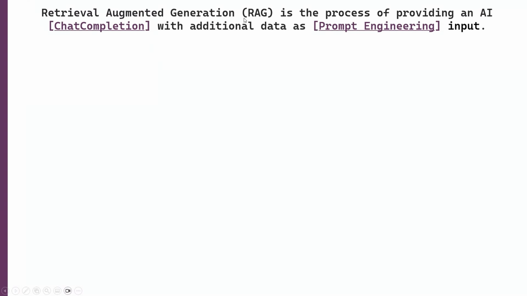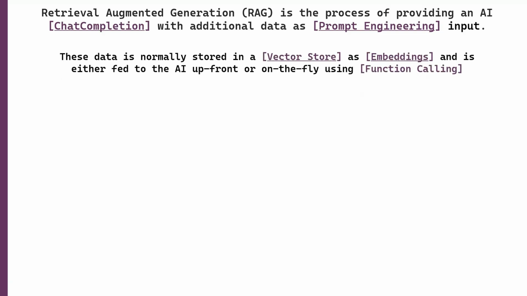Because retrieval augmented generation, or RAG, as it's probably known, is the process of providing an AI chat completion, meaning a chatbot or chat, additional data beforehand. So just like prompt engineering, which we have a video on, where you can tell the system to speak like a pirate or do things in a specific way, we can use RAG to give a lot of extra data. That can be business data, that can be sensitive data, that could be data that the AI by itself wouldn't be able to know, often company data in businesses.